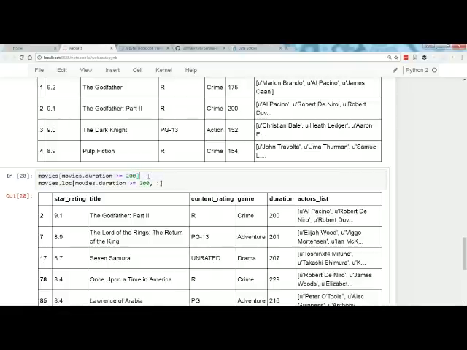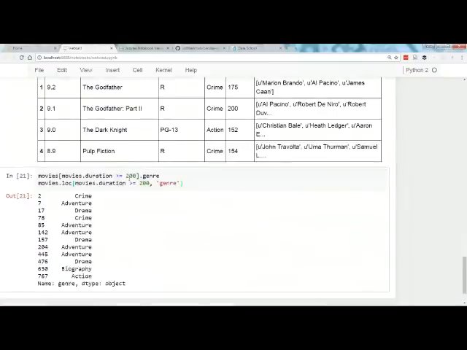The one exception I would say is, here's an alternative, okay? If I just want to select the genre column, both of these output the same result, I know you can't tell.